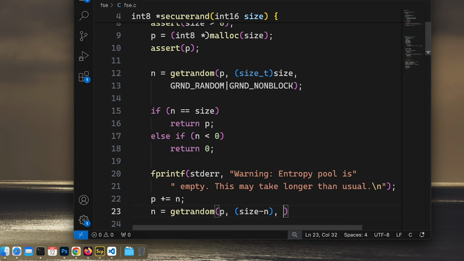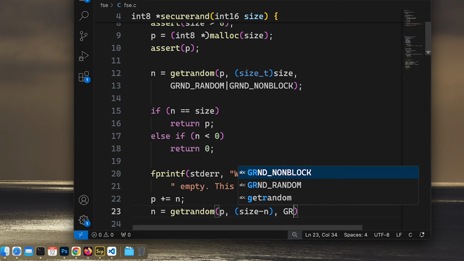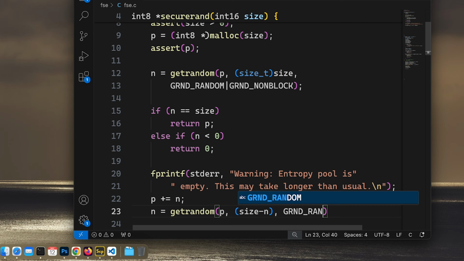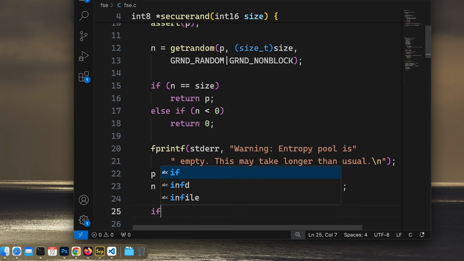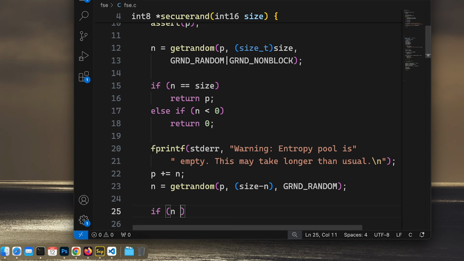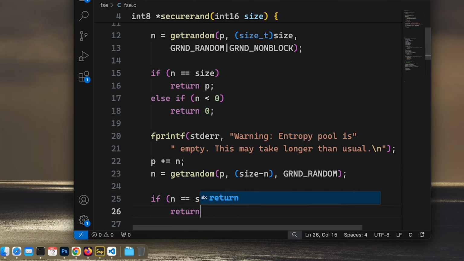And we need to supply the grnd random, but not non-block. There we go. And if n equals size, we return,